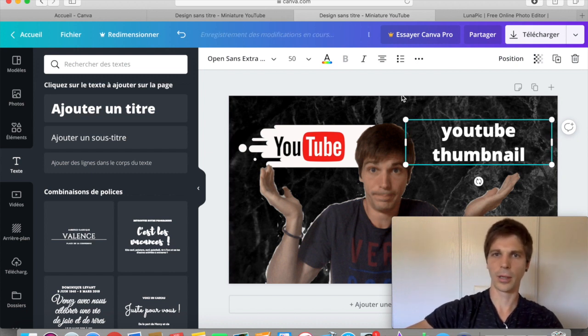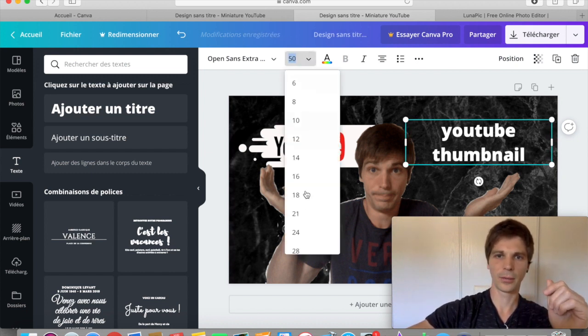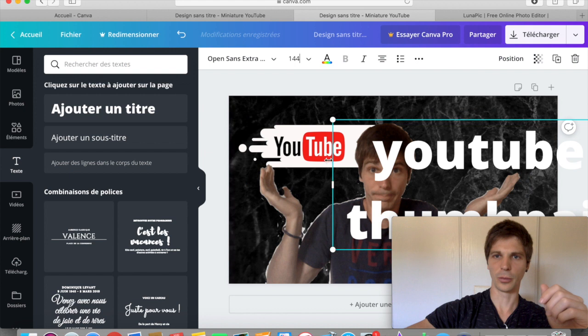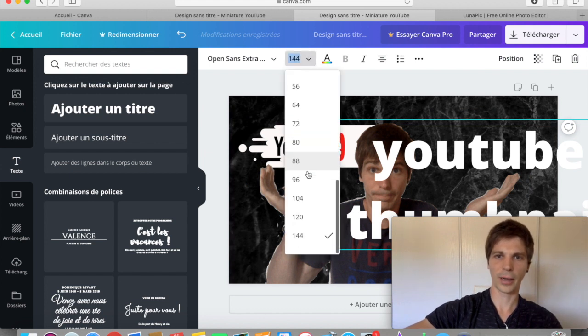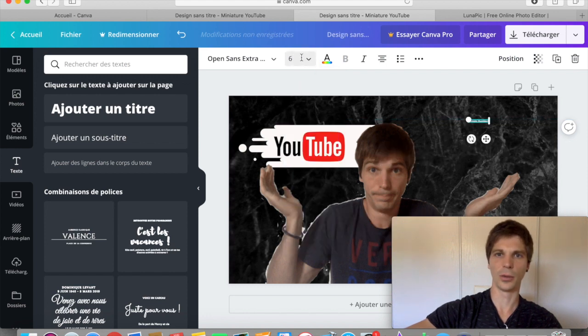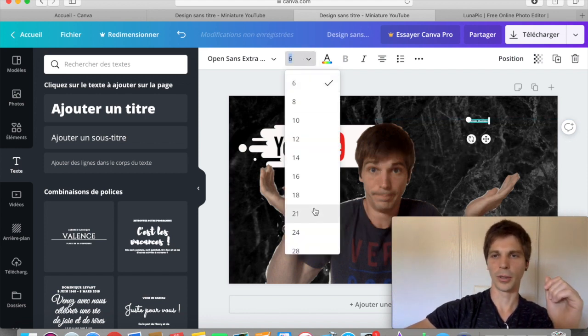And there you can have it way bigger. You choose from here, and I put it on the wrong way. 144, that's going to be huge. Or you can go right back and have it really small up to 6, and that's going to be really small. So you want to have something in between, you want to play around, make sure that it's big enough for